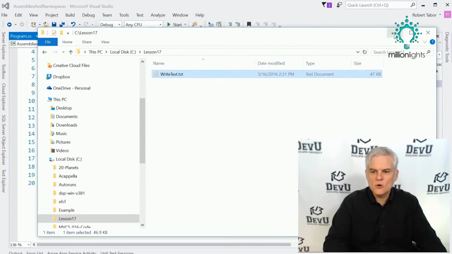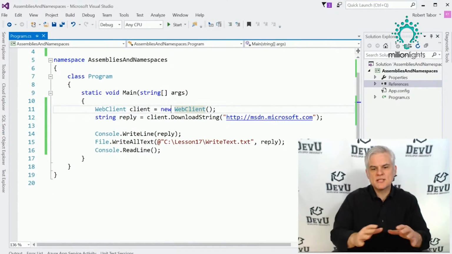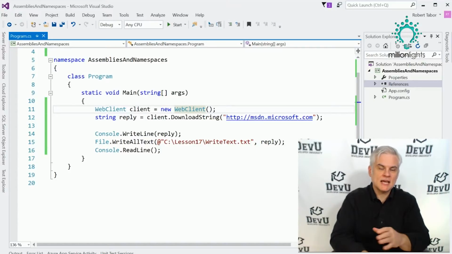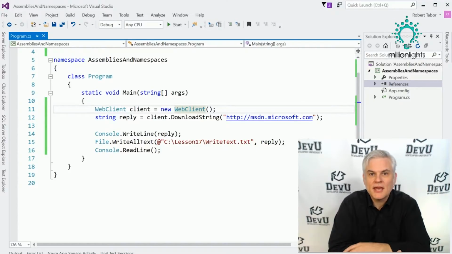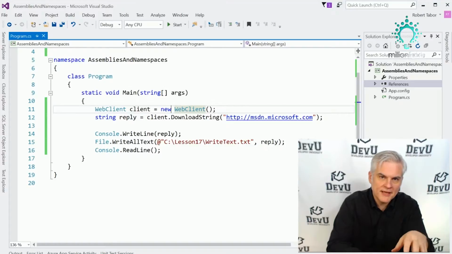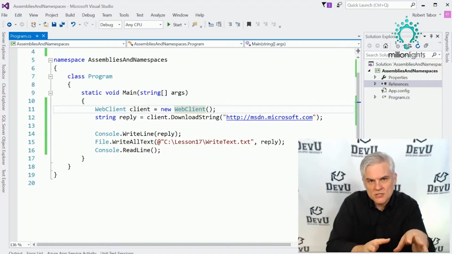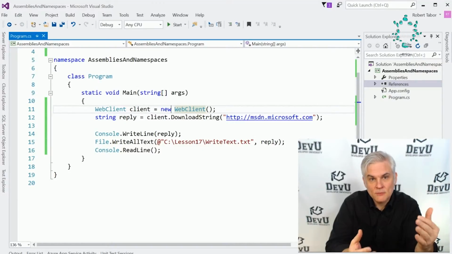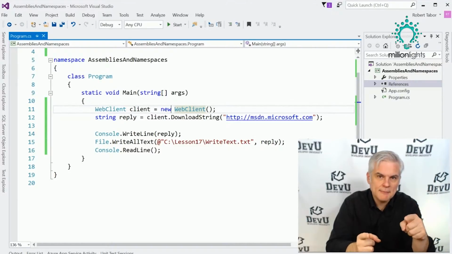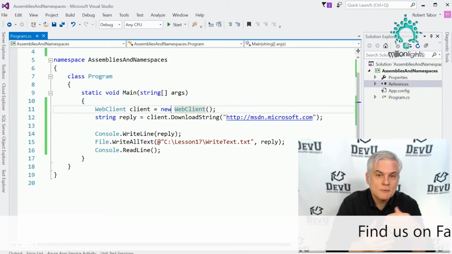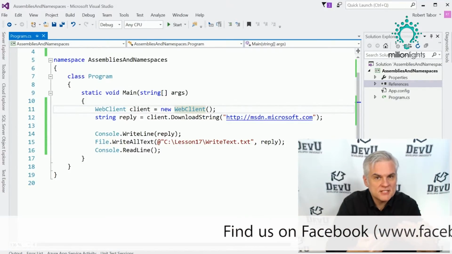Okay, so that pretty much wraps up what I wanted to say in this lesson. We are able to utilize the classes and methods in the .NET Framework class library, and we can find what we need by doing simple searches in bing.com using site:/microsoft.com to find the classes and the methods that we want to work with. Once we find those classes, and maybe even little code snippets, we can copy those into our program, and we may need to at that point fix the references